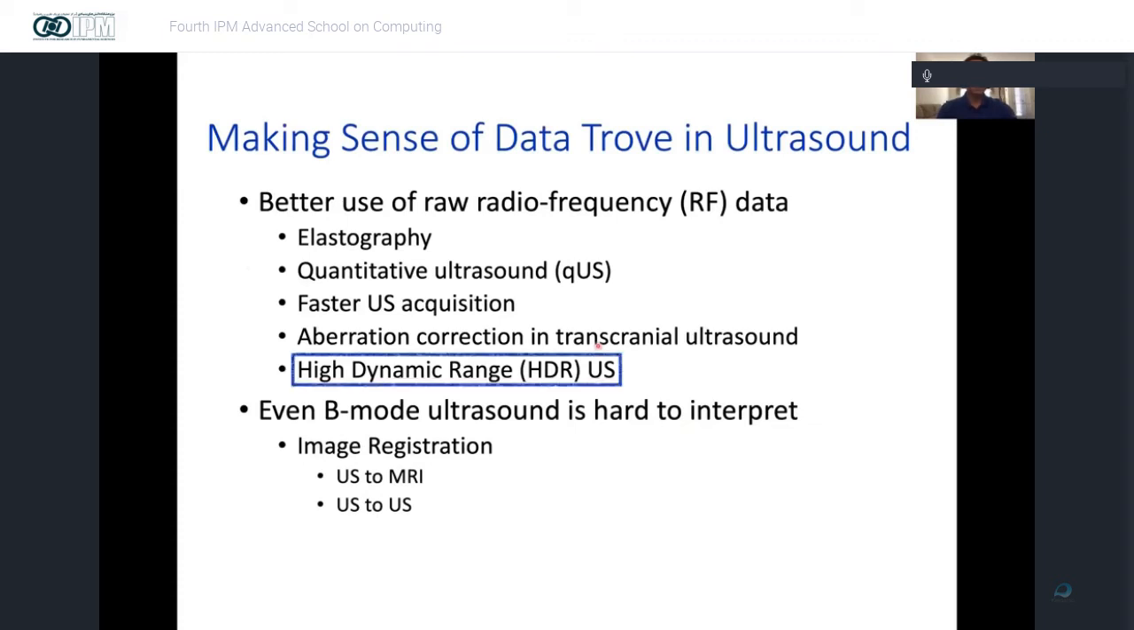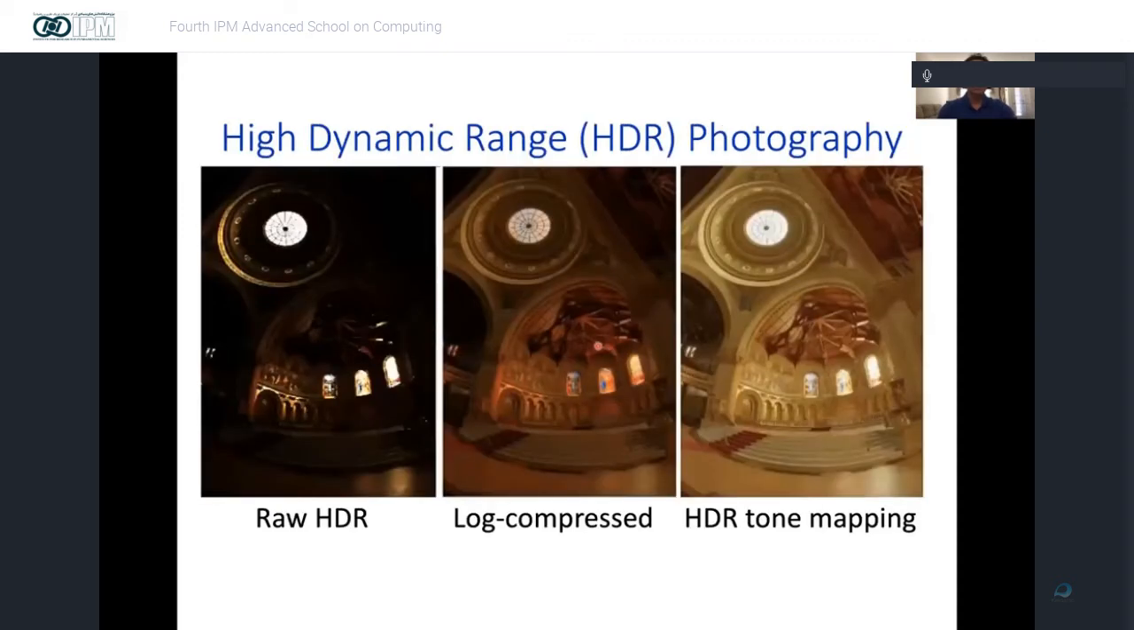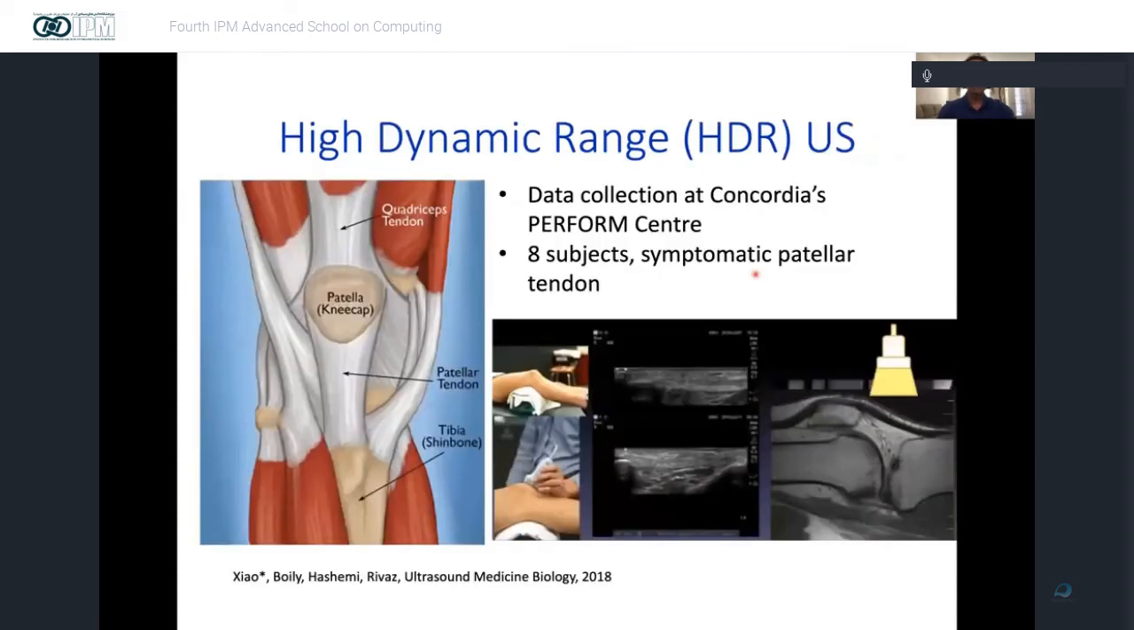Okay, so let's quickly talk about high dynamic range ultrasound before I talk about some of the clinical applications of our work. We are familiar with HDR when we have a scene with very bright regions and very dark regions. It's hard to show both of them, and because of that, we perform HDR tone mapping. We applied this technique for the first time in ultrasound images. Again, we use the raw RF data, which does have this high dynamic information in it, but this information is lost when we perform